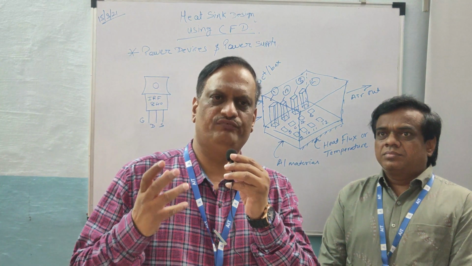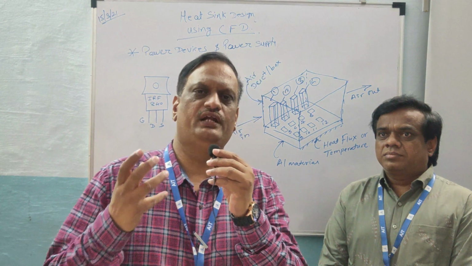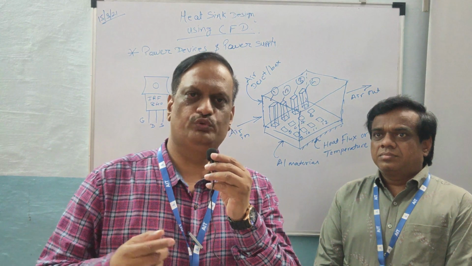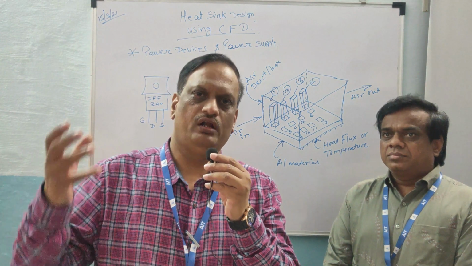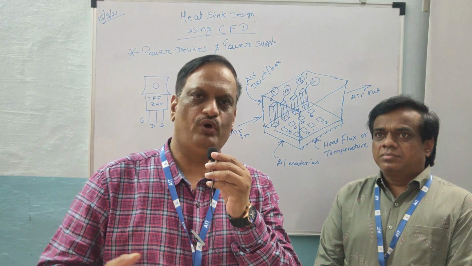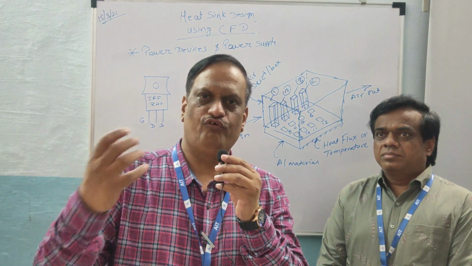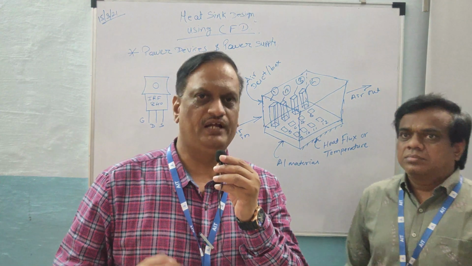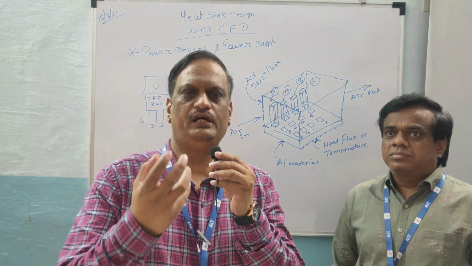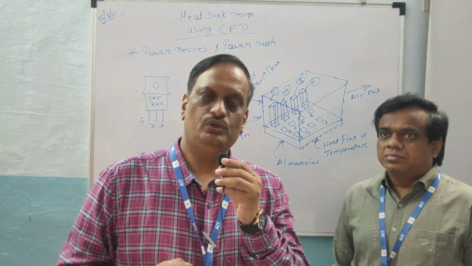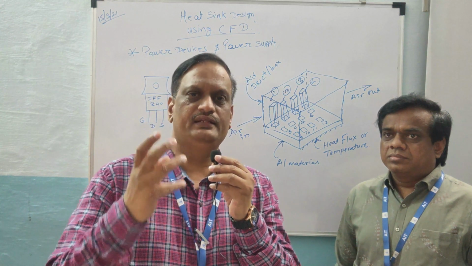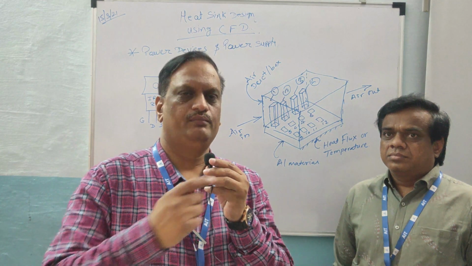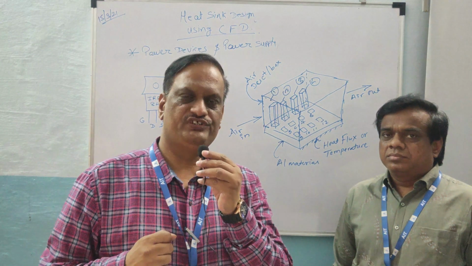Now there are some things which are required for designing a heat sink. We require fins, we require some holes to be made on the heat sink, or we require a perfectly black body to absorb the maximum heat for the conduction of heat into the particular metal. That is called the heat sink. So how to make this heat sink in CFD, that will be taught today by my friend Professor Sanjay Gaikwad sir.